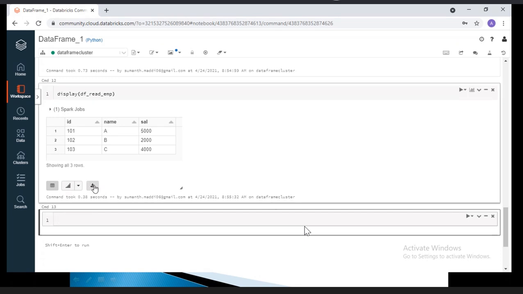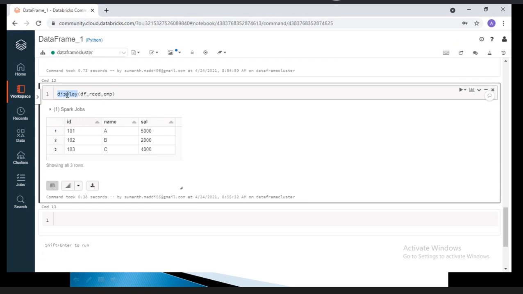If you want, you can download the data, maybe during your development, or during your code fix or bug fix in production. You want to see the data at that time. Maybe you want to see the data in Excel, then you can download the CSV, open it in Excel, and do the validation. Maybe if you want to share this data with your users, you can manually execute the display option, download the data, and share it with your users. If you want to see the data, we'll use either the show option or the display option.